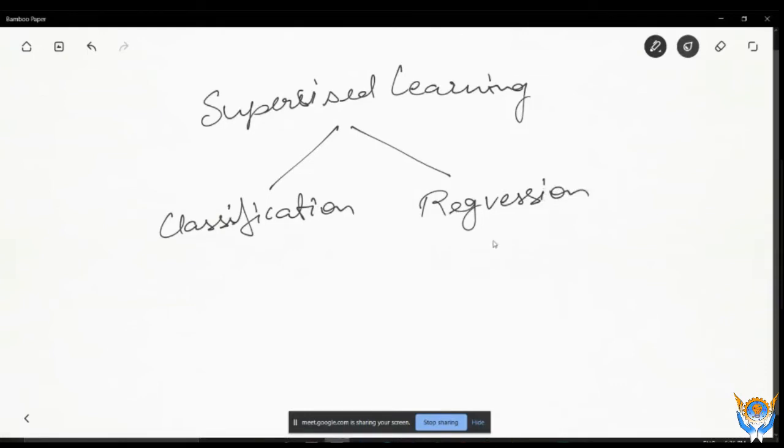Okay, so what is a regression problem? A regression problem comes where you want to predict some kind of value. You want to predict some kind of value, like you have a continuous variable. Okay, so like you want to predict a score. Score of what? Like in IPL matches, you have a data